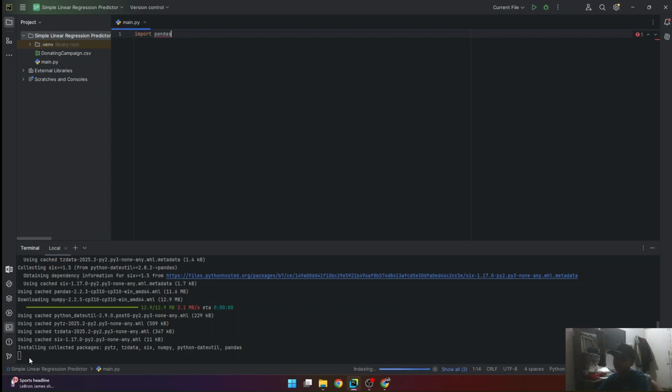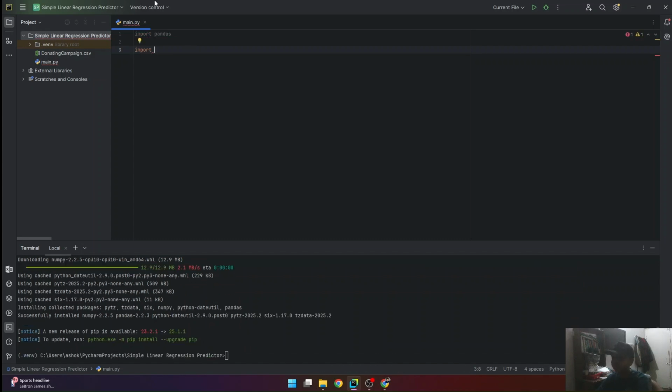Well, while it installs, we'll install the other libraries we need, which are the matplotlib and the sklearn libraries. For the main program, we'll not need matplotlib. I'm just going to be using it to show you the linear regression output that we will get. So for now, we'll only import sklearn. sklearn is short for scikit-learn, which is a library that is used for machine learning.